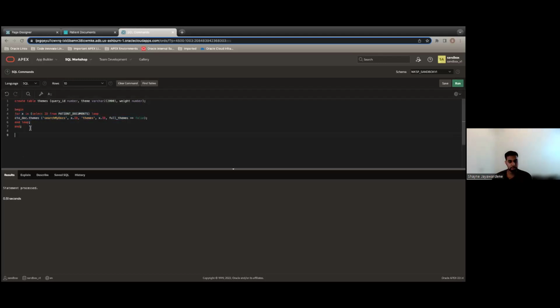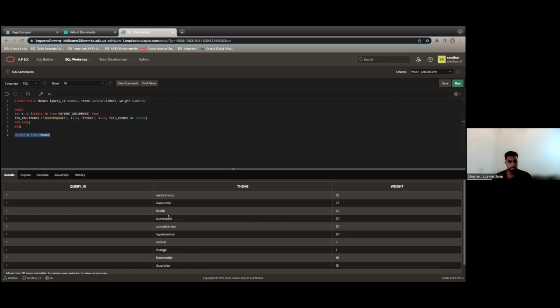it's going to process that statement. And finally, we can select from our themes table. If we did a simple select star from themes, we're going to return everything back. You'll see here we have many records that doesn't mean a whole lot for us right now,